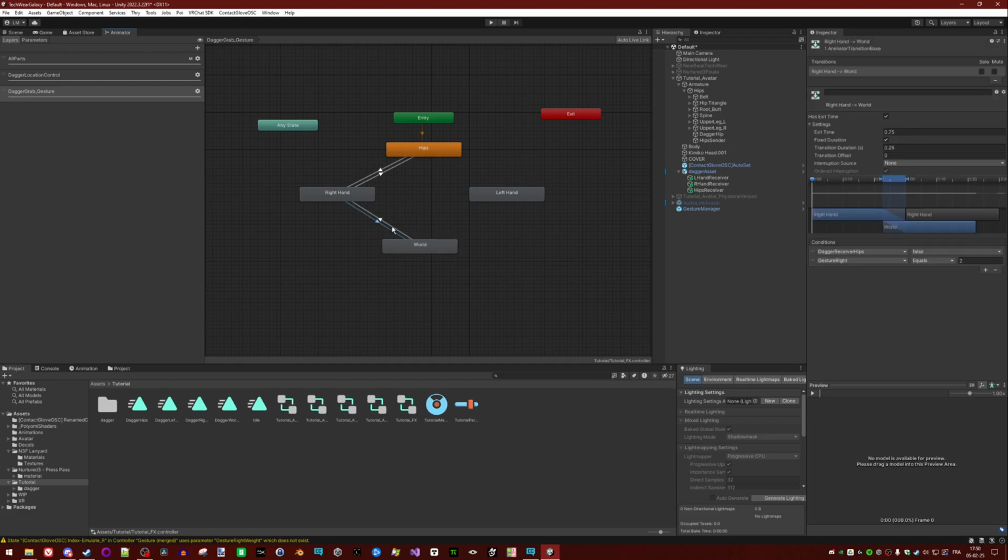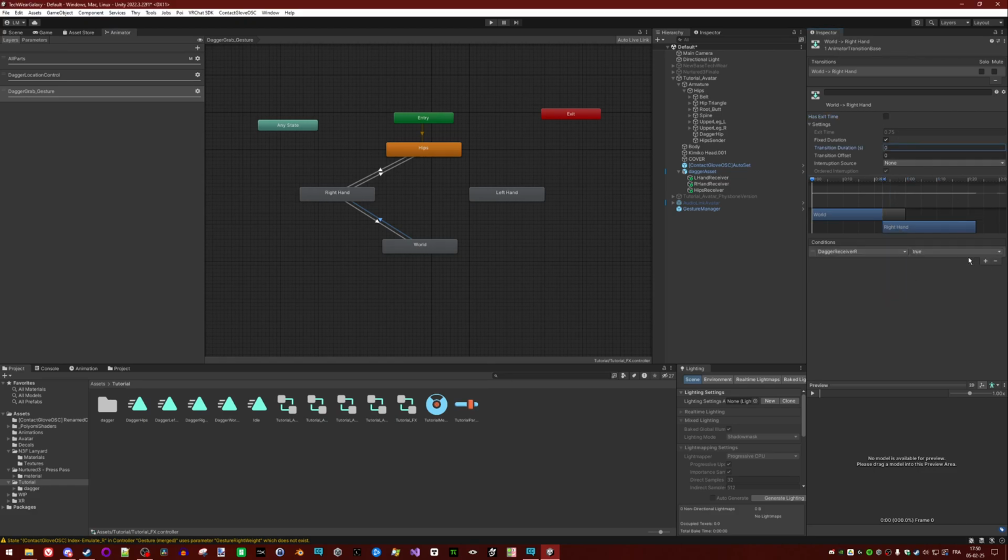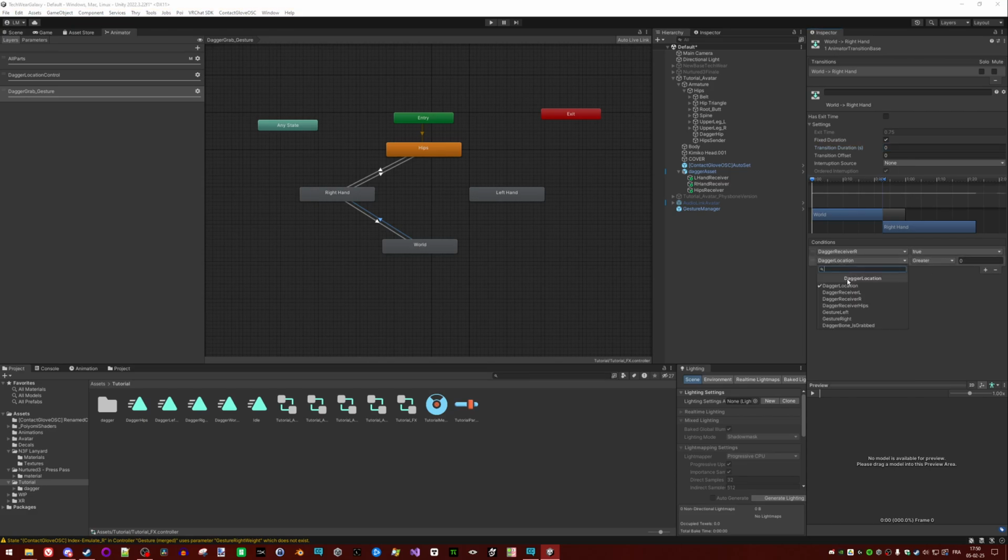Did I check the... No, I forgot to check the exit time. Okay. So the dagger receiver R is true, we can see the right hand, and the gesture right is the fist. And same thing for the left hand, I will fast forward this.